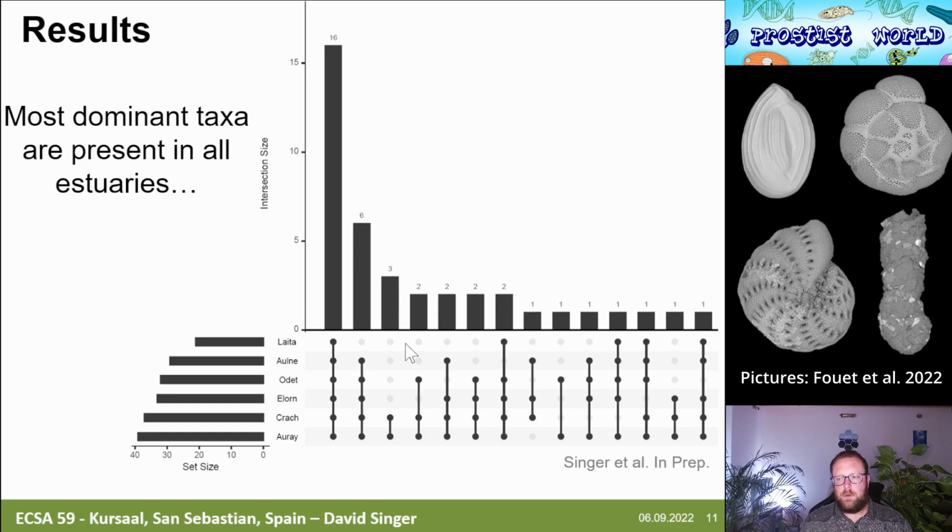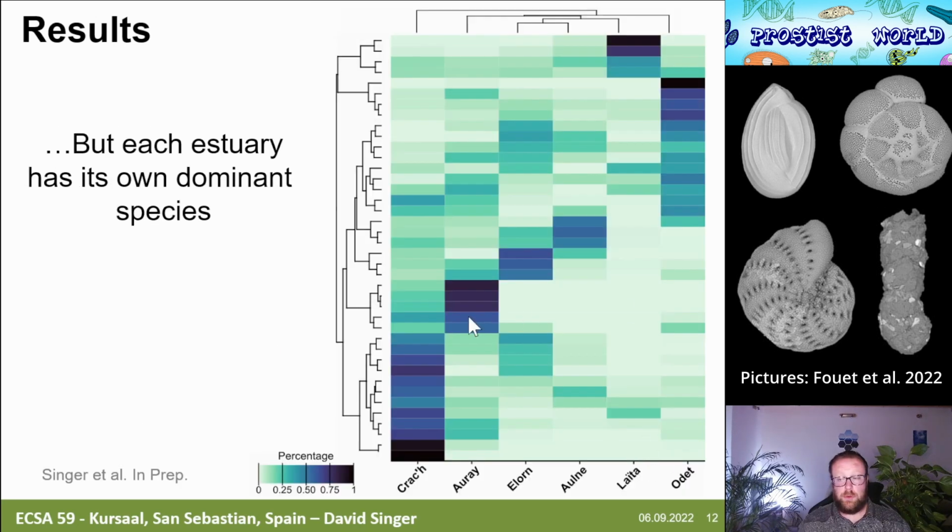estuaries. If you look at the distribution of the abundant taxa in terms of presence-absence, most of the dominant taxa are present in all the different estuaries. Here we have 16 taxa that are present in all estuaries, and most of the dominant taxa belong to many estuaries. But there is a huge difference in terms of abundance of these dominant species per estuary. Of course, you can detect these dominant taxa in all estuaries, but each estuary has its own bunch of dominant